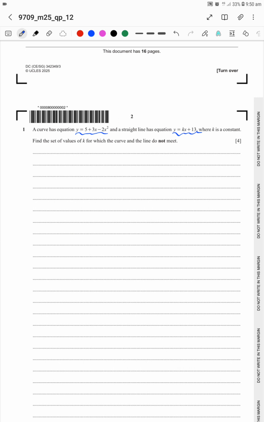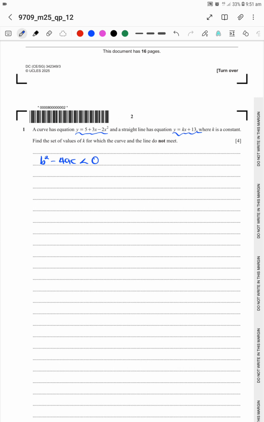Let's recall that when a curve and a line do not meet, it means that the discriminant is less than 0. The discriminant is of the form b squared minus 4ac, and this is definitely less than 0. When the discriminant is less than 0, it means that the curve and the line do not intersect or touch. So using this fact,